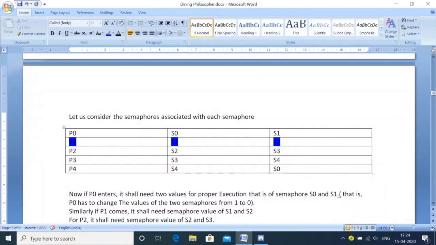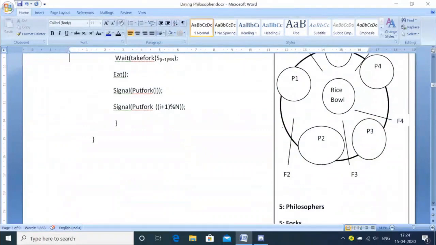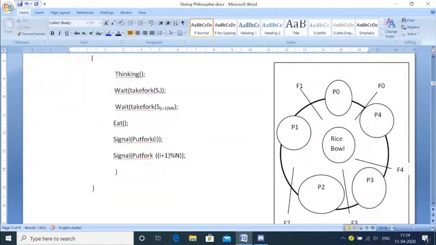If fork F0 is available, the corresponding semaphore value, S0, will be equal to 1 if